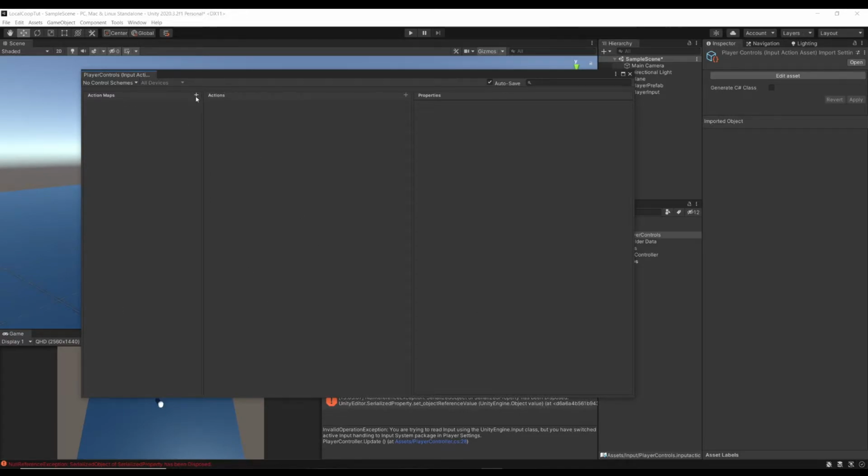And the first thing that we need to do is make an action map, which we can just call player. You can have different action maps which have different things. You could have an on foot action map, you could have a driving action map, and then the actions on that action map could do different things. But for now, we're just gonna have the one action map called player, and we've got this new action here. So what we're gonna do is just double click it and call it movement, and then